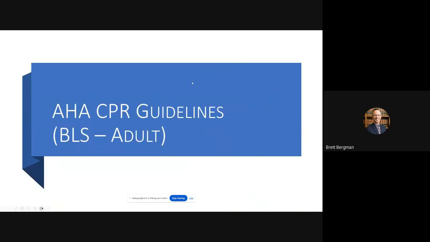So I want to talk about some of the American Heart Association CPR guidelines, and I'll give you a little sneak peek of what they changed in 2025. Not as significant as what we saw with the changes of the Heimlich maneuver, but really a spotlight on one issue that certainly is becoming very prominent and something that we need to think about at our ski resorts. And we'll talk about the OEC indications for that.